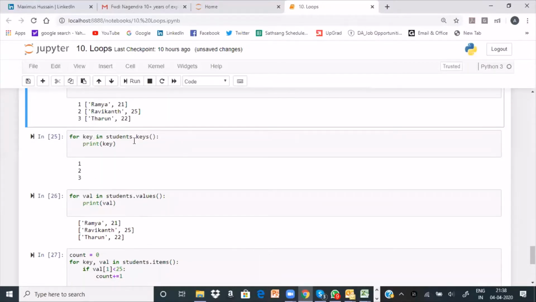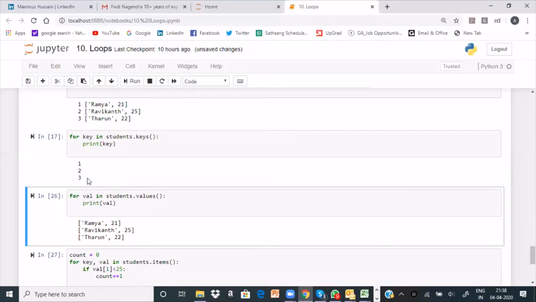For key in student dot keys, you have seen these keys functions earlier, keys and values. Print key, see it will print only 1, 2, 3 because in place of key you have 1, 2, 3. Similarly, if you use dot values, it will print the values only.